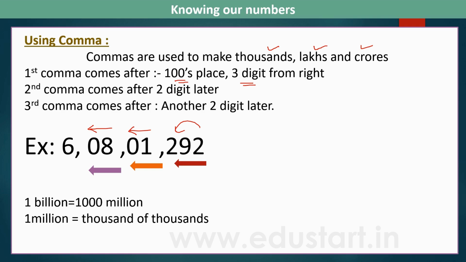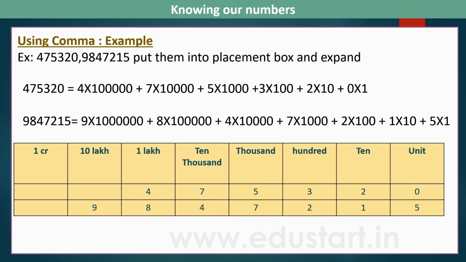Okay. Now 1 billion is 1000 millions, 1 million is 1000 of thousands. So these are the two things you need to remember. Okay, so using commas